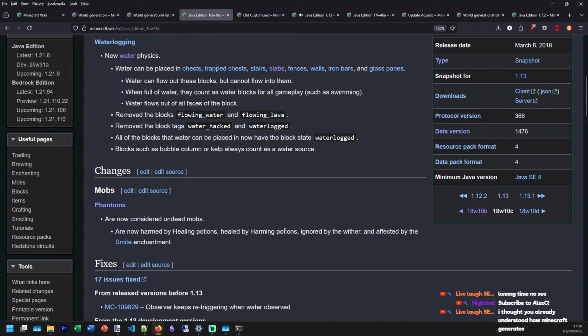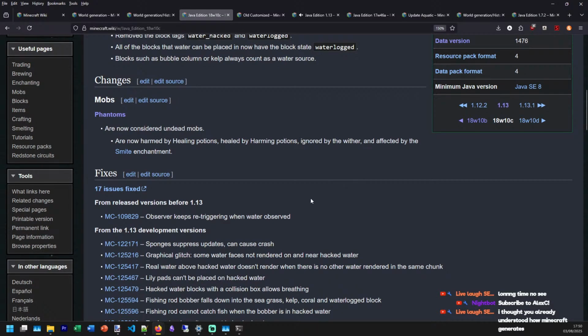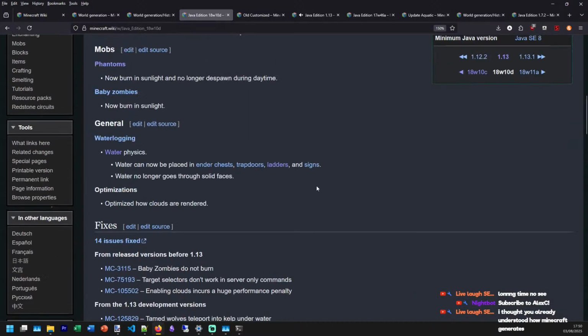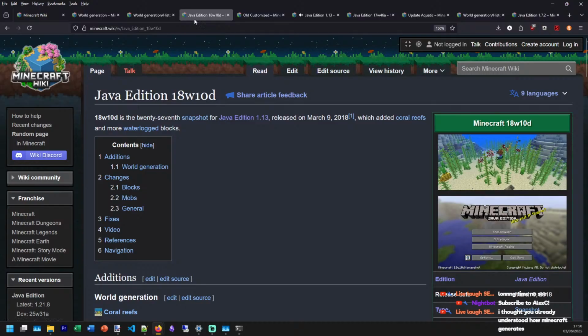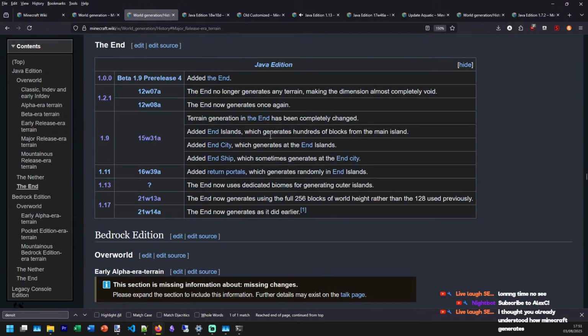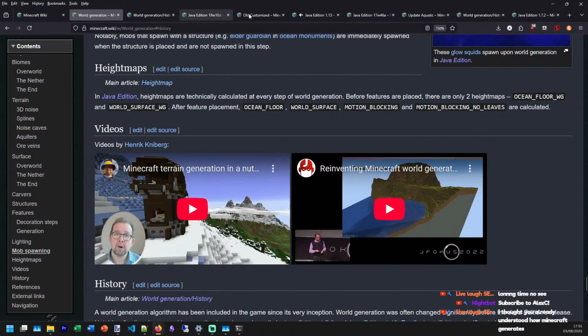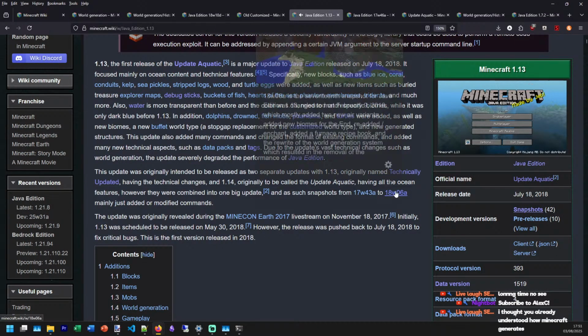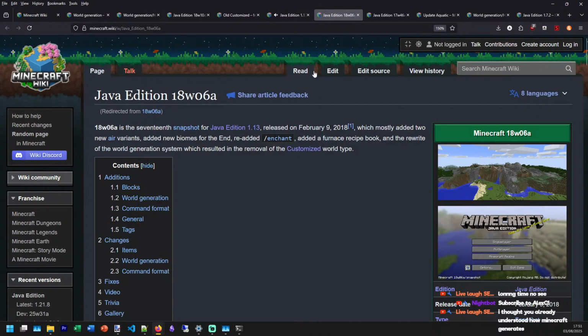What a physics. I think the 1.13 stuff, oh, he rewrote the world generation system.